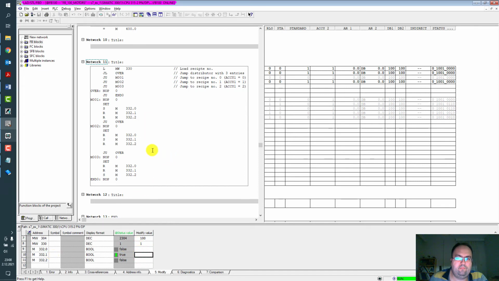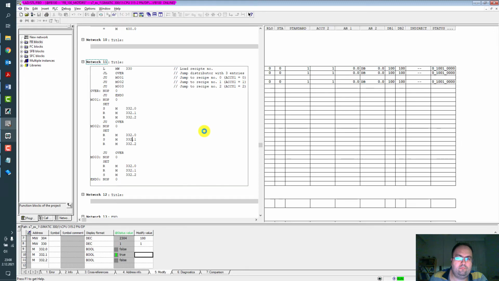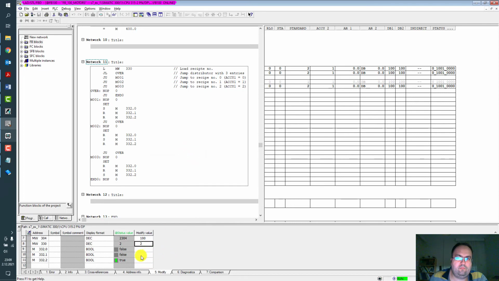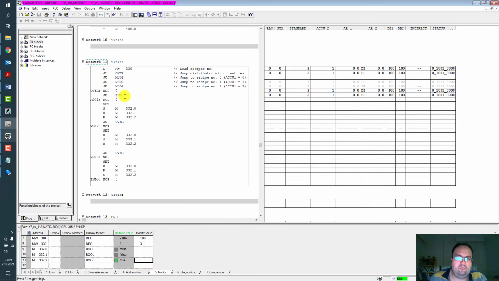Let's try the next case. Okay, now we are working right here. And next try with next case. Now we are working here. Let's try the next. And this is the case as directly jump to end.